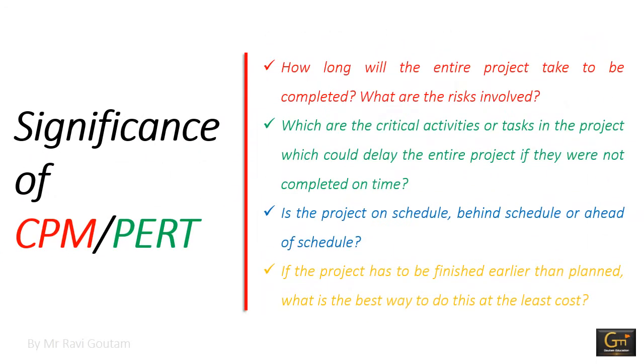Now, the significance of CPM and PERT. There are many variations of CPM and PERT which have been useful in planning cost, scheduling manpower and machine time. So the main significance of using CPM and PERT is that they answer the following important questions of a project: how long will the entire project take to be completed, what are the risks involved, then which are the critical activities or tasks in the project which could delay the entire project if they were not completed on time,